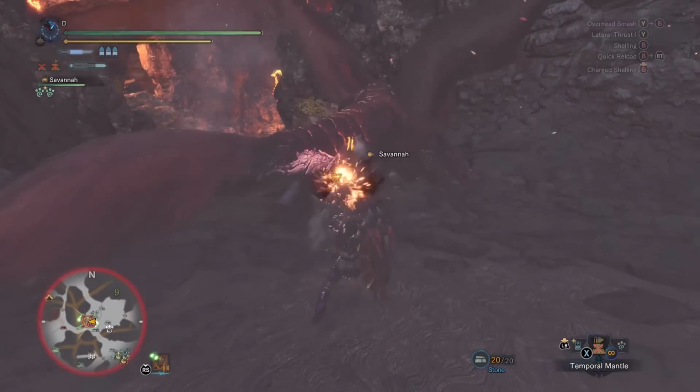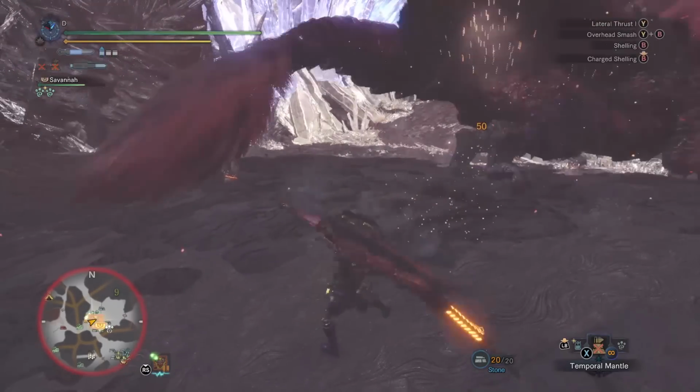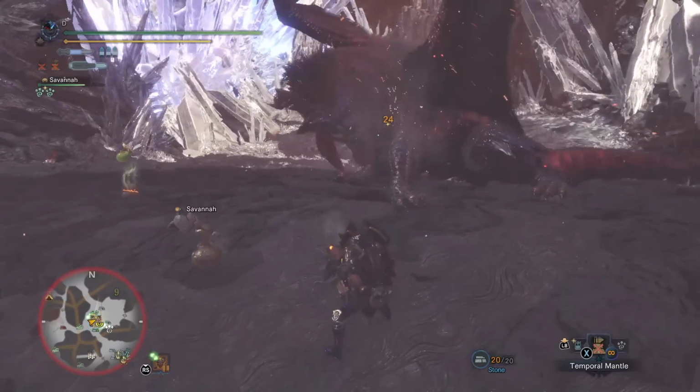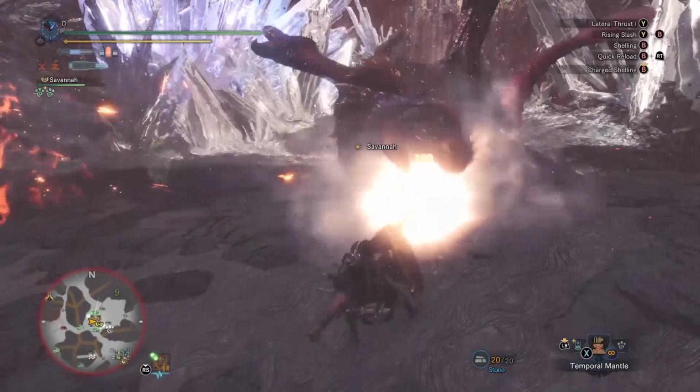Both of my mantles are on cooldown, you'll notice, and when your mantles are on cooldown, you want to be careful not to die. You don't want to lose Bombardier. Bombardier is just giving you a lot of free damage, so you want to take it easy and just play